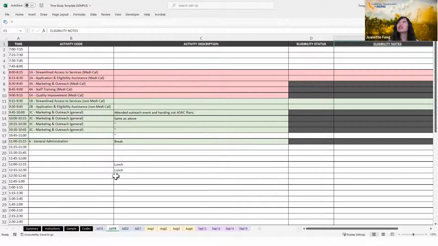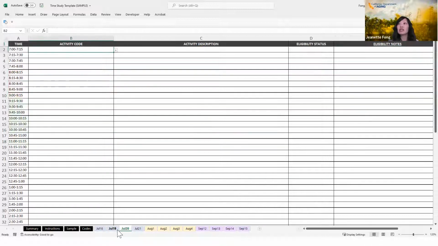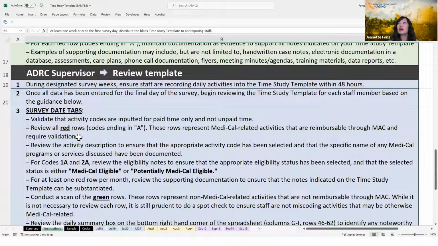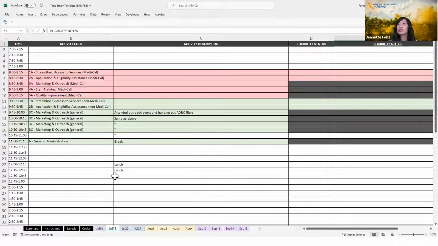So that covers pretty much the staff's responsibilities as far as filling out this grid for each of those 12 days. The instructions also cover a review process for the supervisor. And it's basically the same thing. After the end of the quarter, or throughout, it's up to you how you want to do it. You're going to want to do a review of each spreadsheet for your staff. So again, just making sure that they're filling this out, if not on a daily basis, inputting it into the spreadsheet itself, they're at least transferring it within 48 hours.